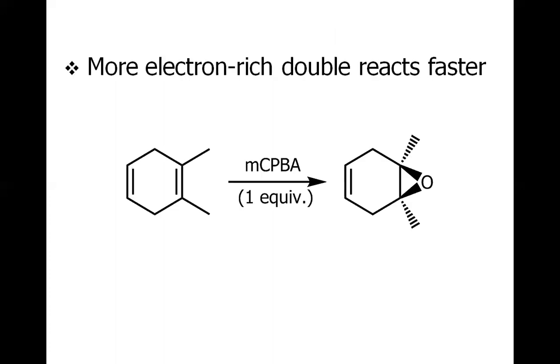And one more feature is that if we have more than one double bond in a molecule, there will be a competition between these two double bonds, and the double bond which is more nucleophilic, more reactive, will obviously epoxidize first. So this is a matter of chemoselectivity, because this double bond is a tetrasubstituted alkene, and this is a disubstituted alkene. You know, the higher the number of alkyl groups attached across the carbon-carbon double bond, the more nucleophilic character it owns. So epoxide is formed at this double bonded carbon and not at this double bonded carbon.